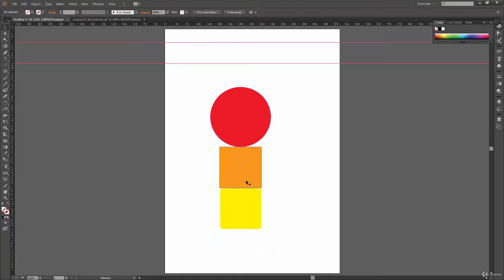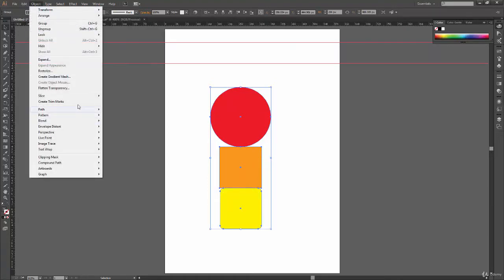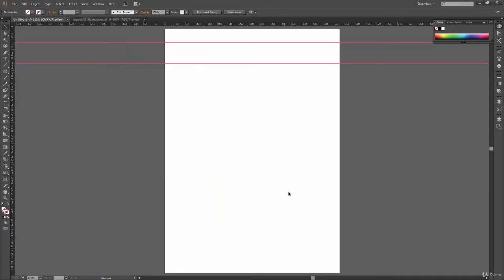And let's see how we can hide and unhide objects now. To hide objects, we can go to Object and there we have Hide. It has three options: Selection, All Artwork Above, and Other Layers. We are not going to see the third option right now because we haven't seen layers, so we are going to cover the first two. Let us see what Selection will do. The shortcut key is Control 3 for that. So I just clicked on this and my shape got hidden, or actually my group got hidden.